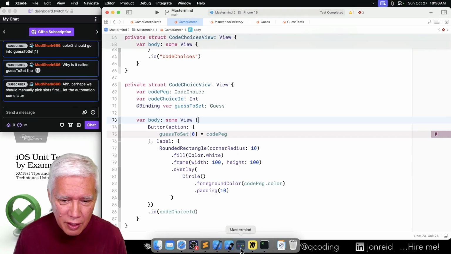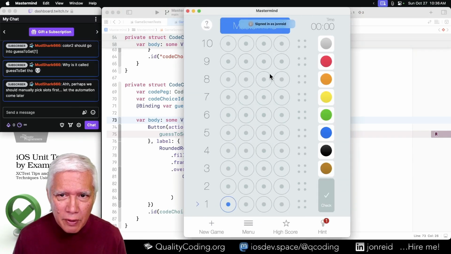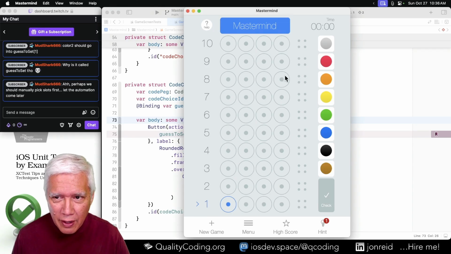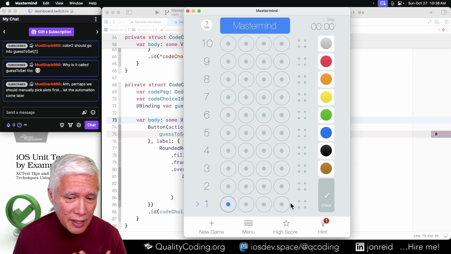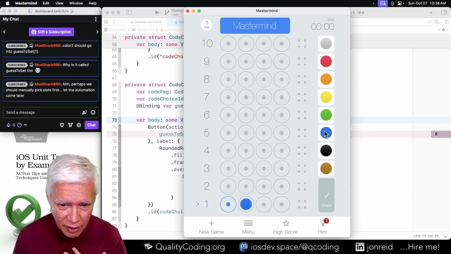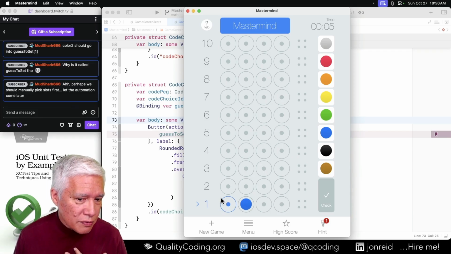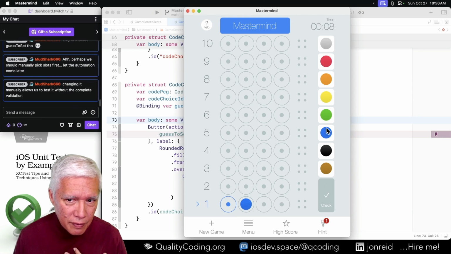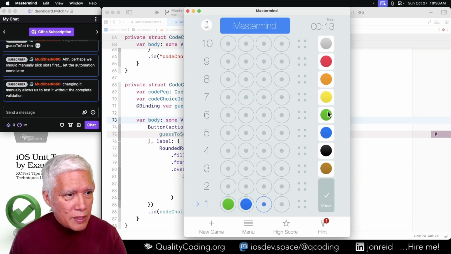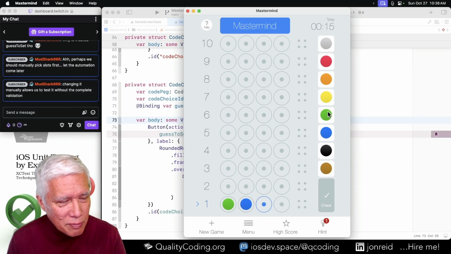Okay, let's play the game. The game I'm copying here. And you can see there's a destination set already. We can change the destination. We don't have any sense of that right now. But if I change the destination and set a color, oh, look at that. It comes back to the first empty slot. So I imagine changing it manually allows us to test it without the complete validation.